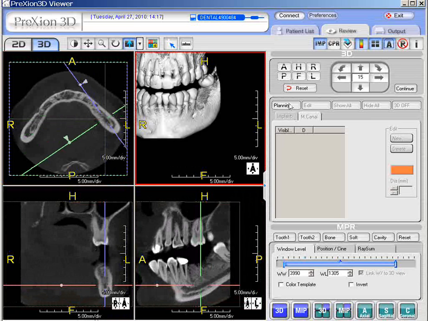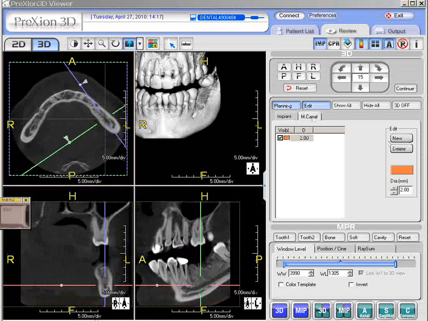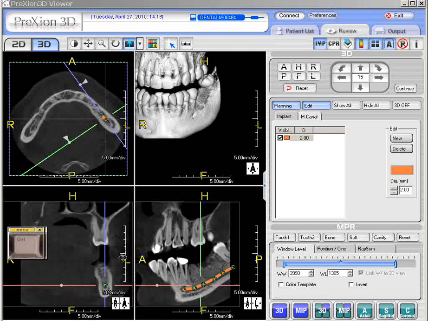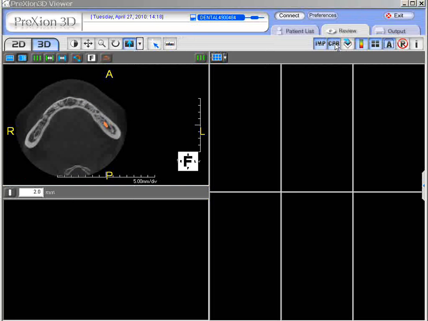So to draw a line in, what we do is we go to Planning, Edit, Mandibular Canal, hit New, and again you're going to bring in your control key. With the control key held down, you're going to drop your orange circles along the lines. Okay, and here you can see as you drop the orange circle in that it is going to be selected here in the screen. Now, what you can do, if you wish, go back to CPR, and it should hold it in position. So if you put the lines back on,